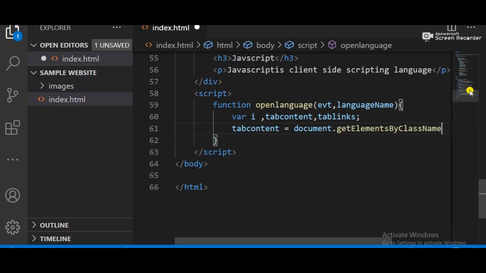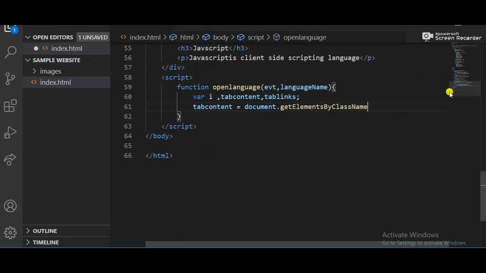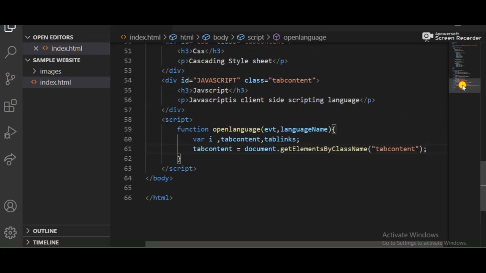So in this case, we use getElementsByClassName, and the class name looks like tabcontent. I already defined this tabcontent here. You can see this is the tabcontent.